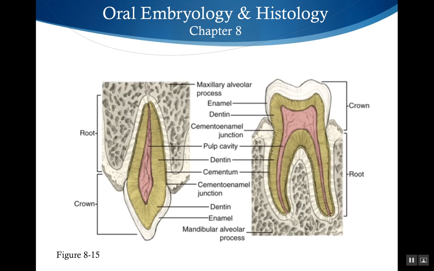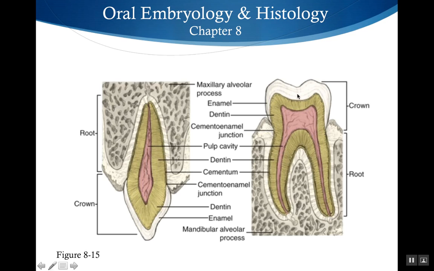All right, so before we talk about the life cycle of a tooth, let's look at the components of a tooth. Seeing the finished product will help you understand the process of formation. So here we've got the crown of the tooth, the root of the tooth, and then the internal structures of the tooth. We're going to discuss all those, but I think it helps to have a big picture of what the tooth looks like, the finished product, before we actually discuss how each of those components